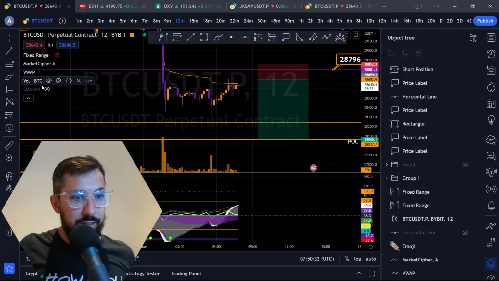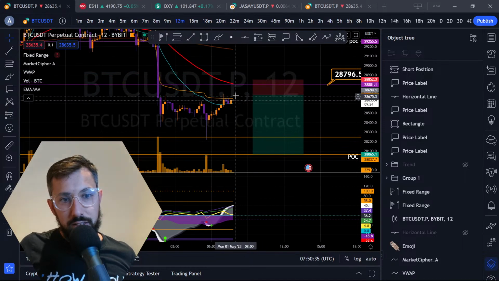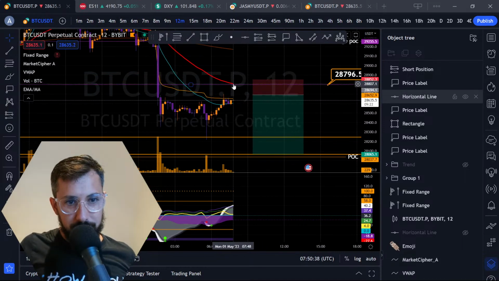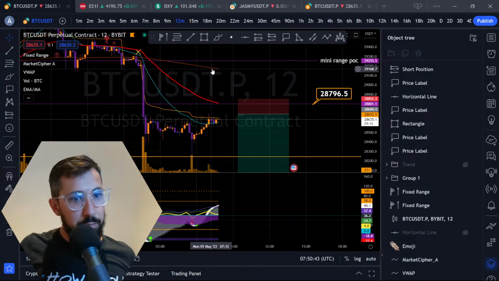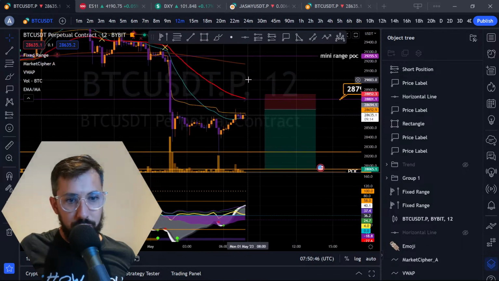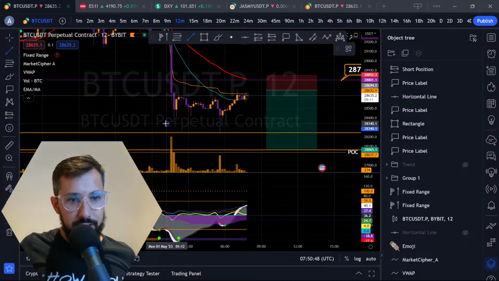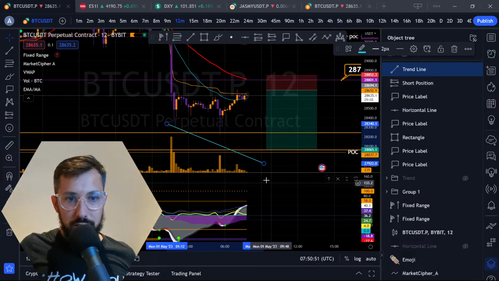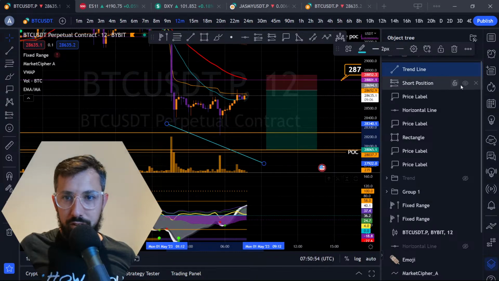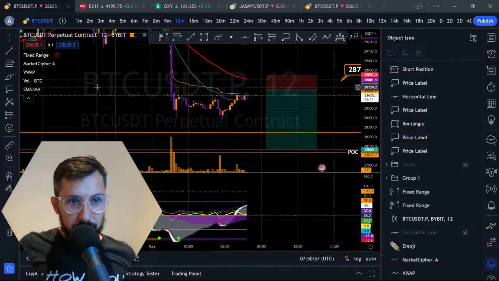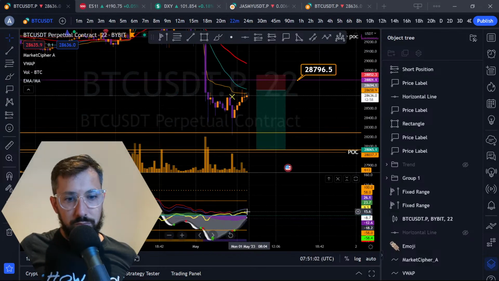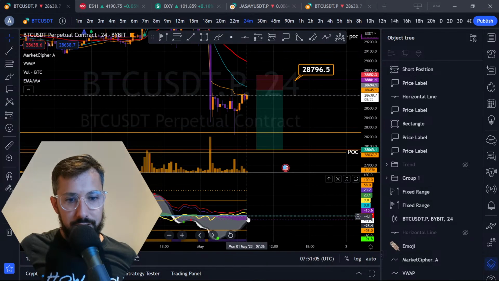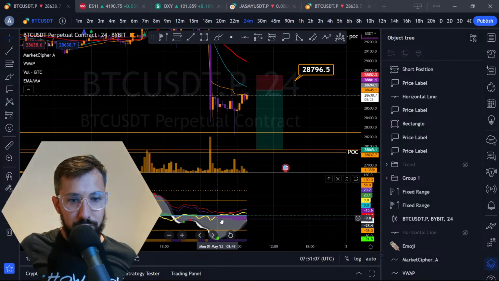VWAP holding it down. EMAs, let's see. Yeah, we could come up to the 55 here. We're curling above the 21. Moving average is coming down, 200. Volume is on a steady decline. Can we continue upwards? Short-term time frames looking to curl over. Gonna get rejected at the 0 line, looks like, on 22. Money flow in the red. Oversold.